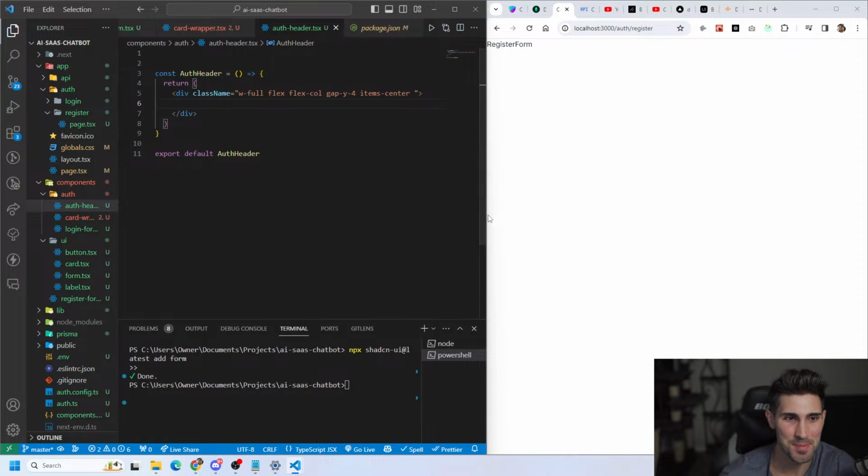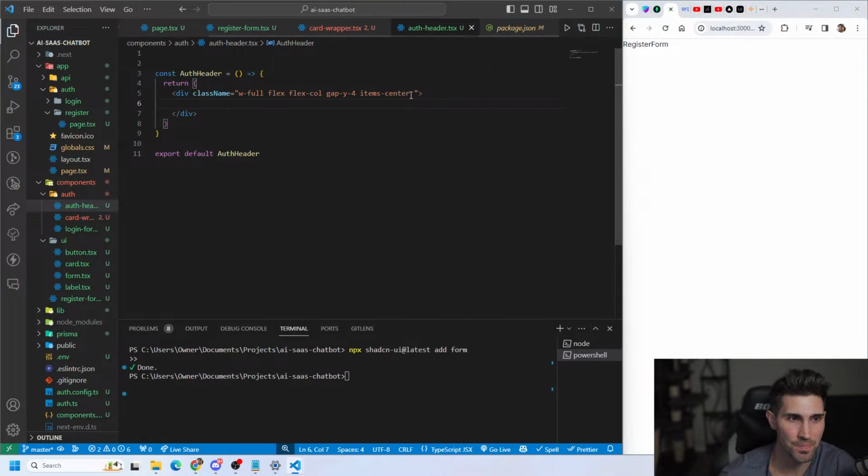But let's finish this auth header. So this auth header isn't the navbar. It's how